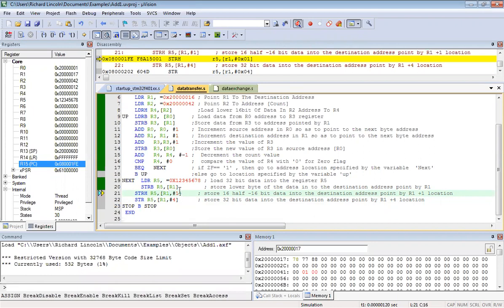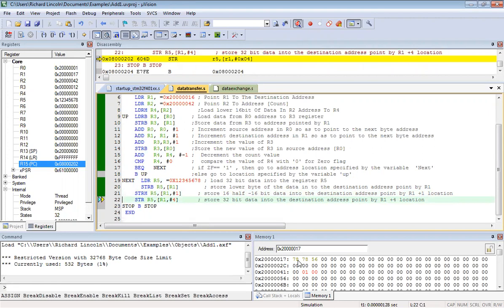To this location I am sending the data of R5 to R1, because R1 already has data here in 17. So I should be able to see the data here in my memory display. You can see that 7856.